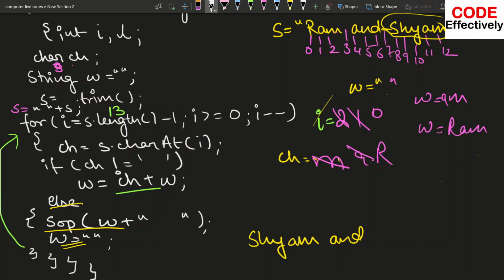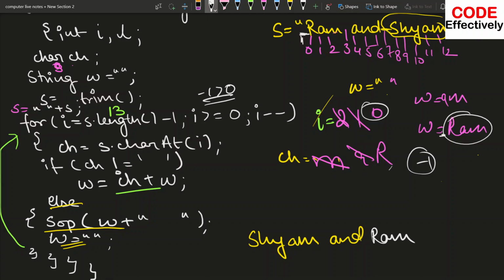Here we will get another space, so the indexing will shift by one place, and we will encounter another space at 0. As soon as we encounter that space, we get "ram" and it will be printed. Then i will be -1, and the condition i greater than 0 is false, because -1 is not greater than 0. We come out of the loop and our output is displayed.